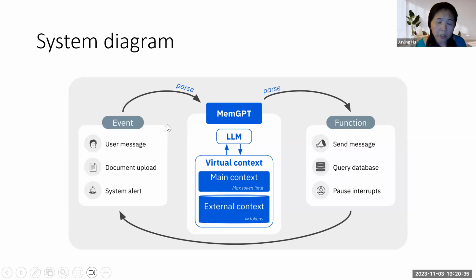It's similar to the older days in front-end web design, when the user moves the mouse, the web page has to respond, right? Then you do something and give something back. So the idea here is you can think about we are building a perpetual agent. This agent, MemGPT, is an intelligent system that has a long-term memory that remembers all the history, with all the knowledge available to this agent. So that's MemGPT.